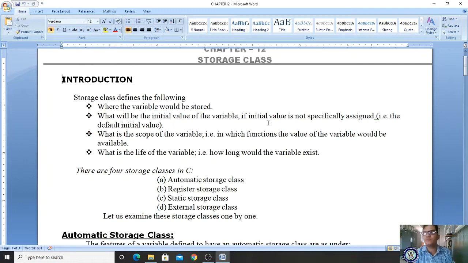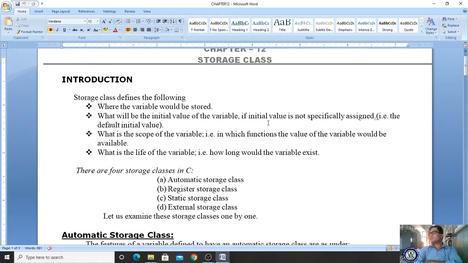It is just like your PUC. What is the scope of your PUC? Two years, right? Till two years you are enjoying your classrooms in your college. Now you do not have any right to go and sit in your PU college. That is the scope, and you can go and sit anywhere till your scope in that college. Next is life: how long would the variable exist?